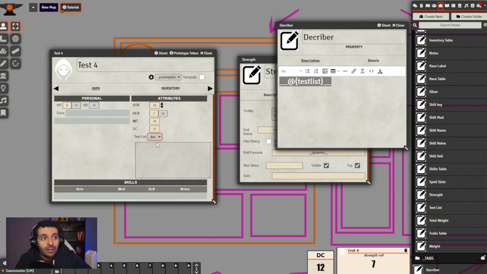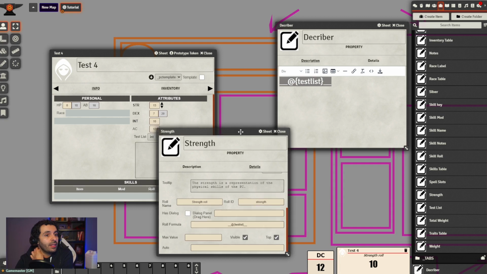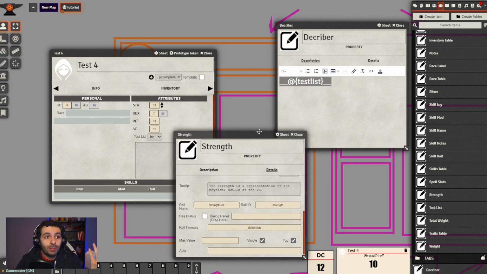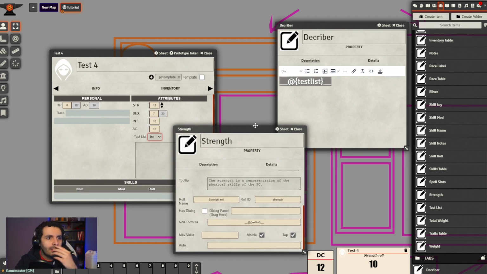If I select strength, and strength is, I don't know, 13, if I click on strength, it's going to return the strength value. If I choose int and click on strength, it's going to return the int value, which is a 10. A very cool way of dynamically referencing properties, very useful for lists, for checkboxes too, and things like that.